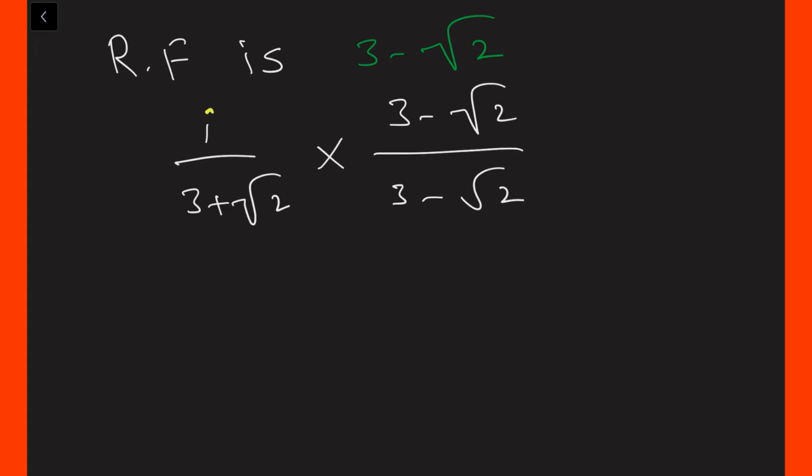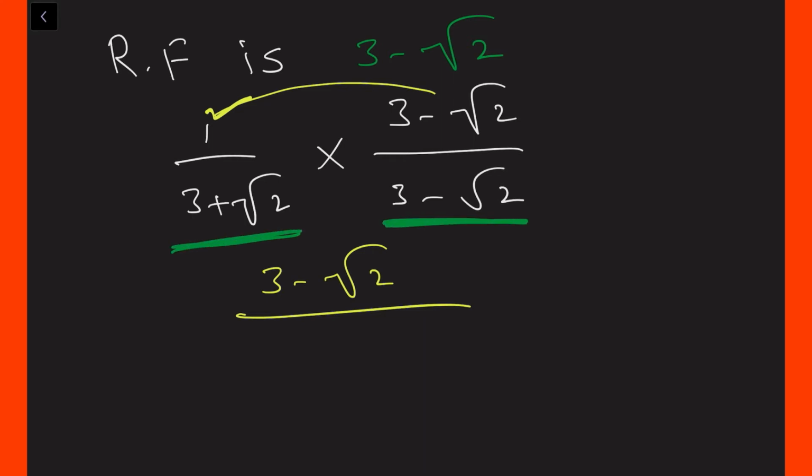Now 1, if we multiply with any number, the same number will come. So 1 into 3 minus root 2, 3 minus root 2 divided by, in the denominator every time you will get a plus b into a minus b formula only compulsory, because in this case we are rationalizing the denominators. So compulsory in the denominator a square minus b square formula only will be there. If you want, you check it again. 3 plus root 2 into 3 minus root 2. One is a plus b and one is a minus b. A plus b into a minus b is nothing but a square minus b square.